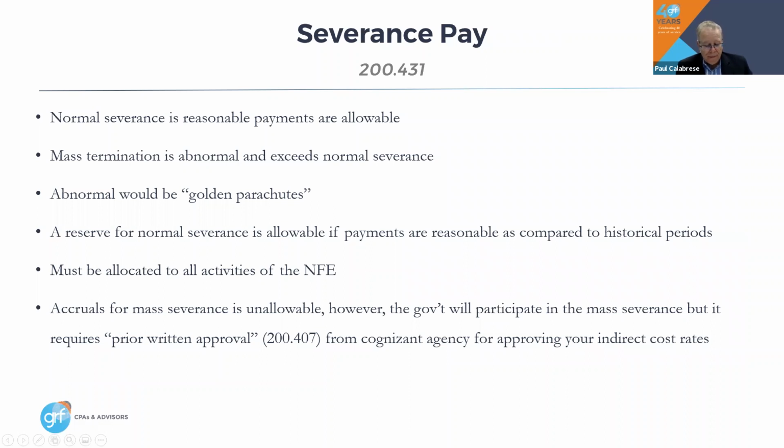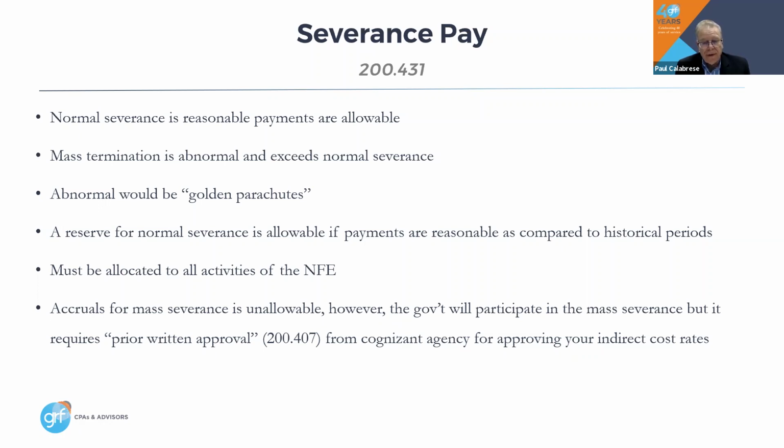Severance pay is, I believe, the last one that we're going to discuss under the fringe benefits. It's basically normal severance, and they call it normal or abnormal. Normal severance, for people with a policy and a consistent practice, would be allowable. Abnormal severance really has to do with two things. One, the organization in this particular award is dealing more like a body shop. You hire a bunch of people to do something, and when you're done, you have to let them go because there's no more work. Or golden parachutes, and generally those are unallowable.